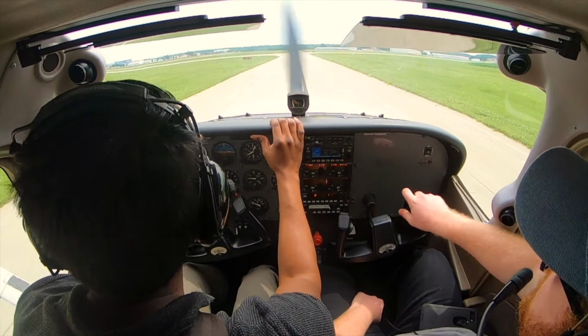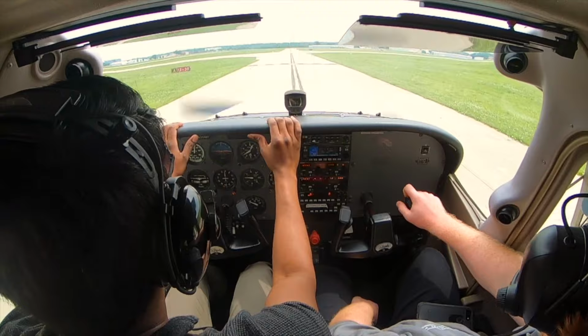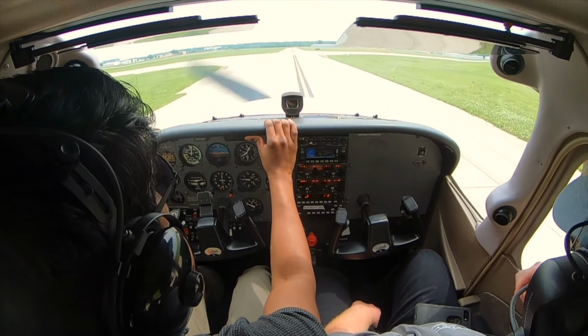IC traffic, Skyhawk 42 Foxtrot crossing runway 30 Iowa City. You have to make that radio call a little further back, okay? Oh yeah, that way, like, if you make it...